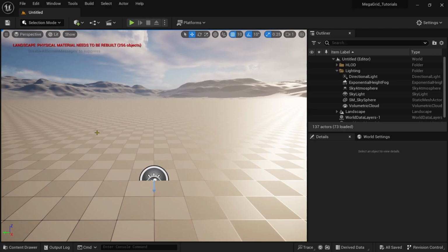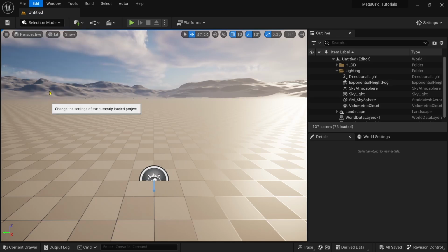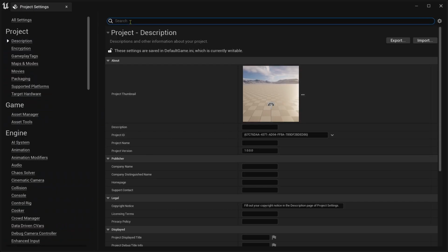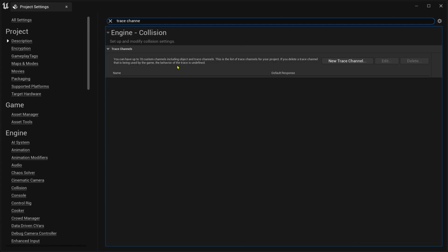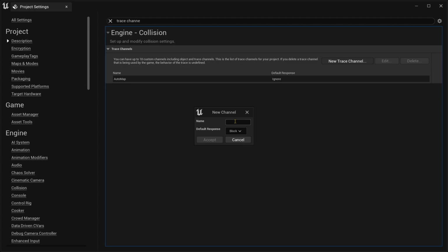So the first thing we need to do is configure a few project settings. Let's come to Edit, Project Settings, and search for Trace Channel. In the Trace Channel section, let's create two new trace channels. The first one is going to be called AutoMap, and the default response will be set to ignore. Next, we'll create another channel and name it Grid Surface, and the default response once again will be set to